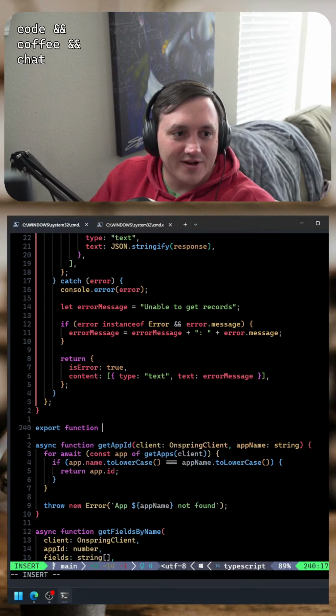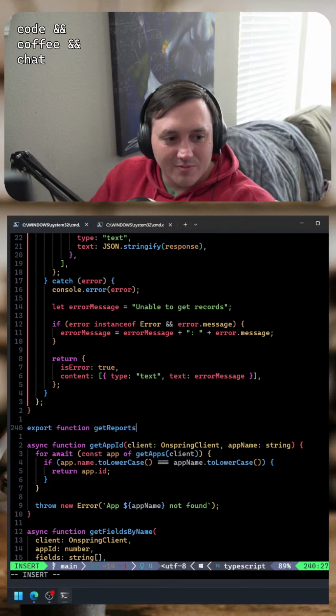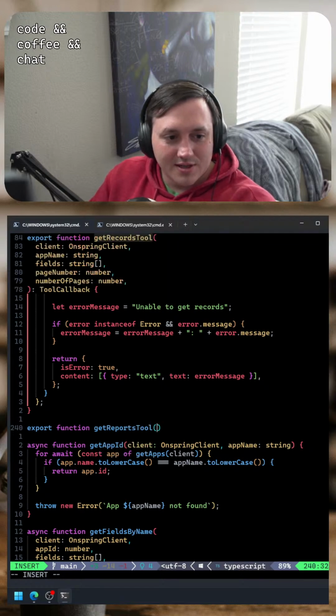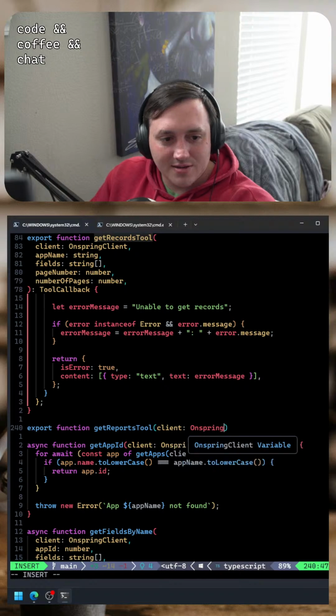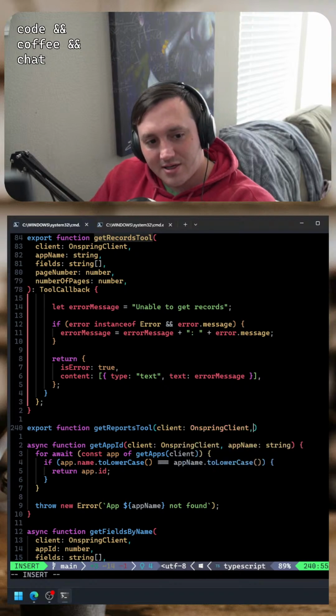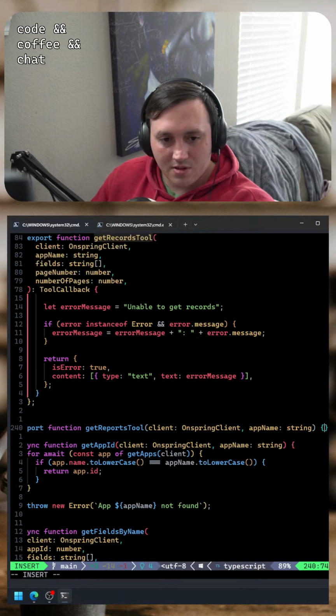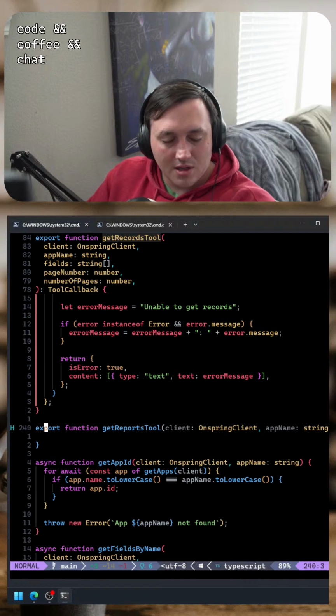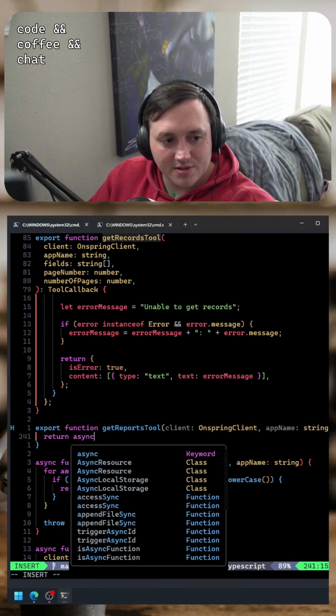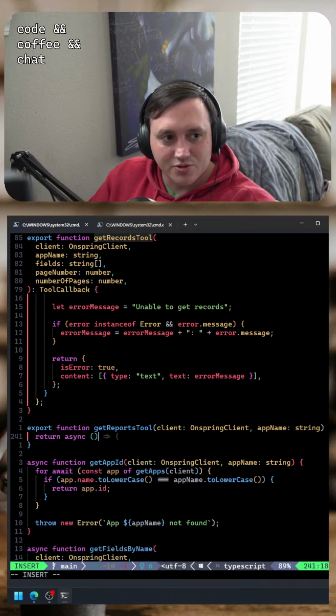Okay, export function getReportsTool. That's going to take in a client, and it's going to take in an app name. And then it's going to return a function, and this is my actual tool.